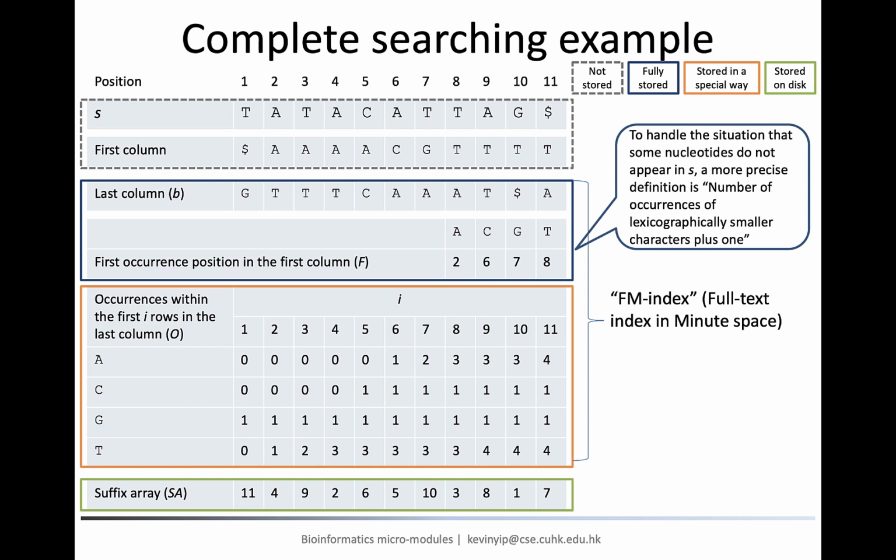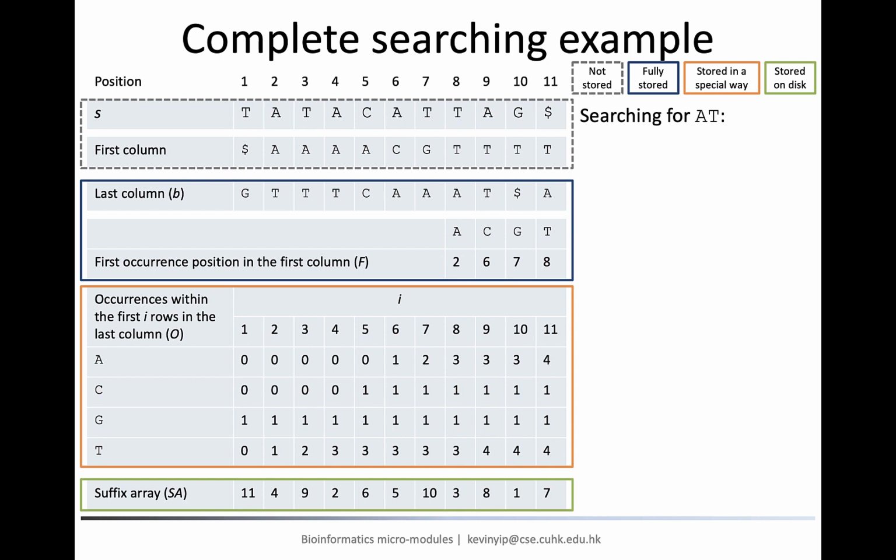If we do that, when we need to know the value of an even numbered position, we first retrieve the number of the previous position, which is an odd number, and then scan sequence B linearly, which takes constant time, to get the actual number we want. The fewer numbers of table O we store in memory, the more time we need in these linear scans of sequence B, and therefore this is a trade-off between time and space. A similar idea can also be used to store part of the suffix array in memory.